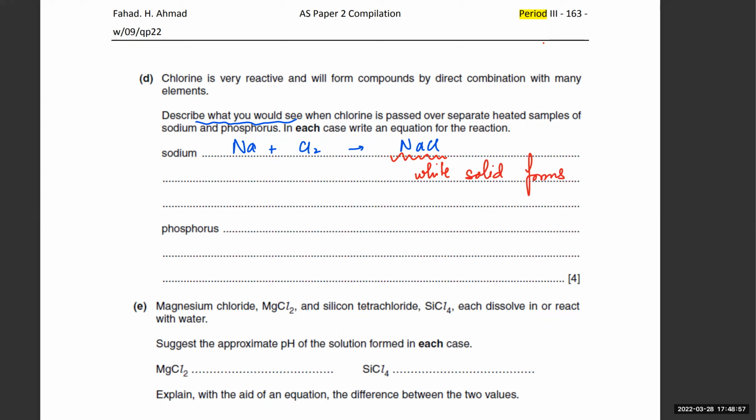The other one is okay, when chlorine reacts, so it's going to get used up. So what's the color of chlorine? Chlorine is greenish yellow. So the greenish yellow gas would disappear, because it will end up reacting. So it disappears. फिर इसी तरह he's asking about phosphorus reacting with Cl2 and he's asking क्या उससे कहा था,